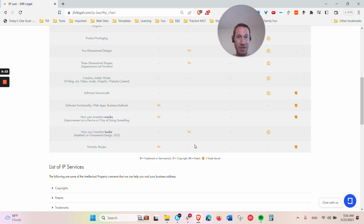But a lot of recipes for food, most of the time, you're not taking anything that didn't at some point in the past get mixed together. So most likely that's probably going to be protected by a trade secret. And there again, you can think of the formula for Coca-Cola, KFC's spice blend. Those are all things that are considered trade secrets,